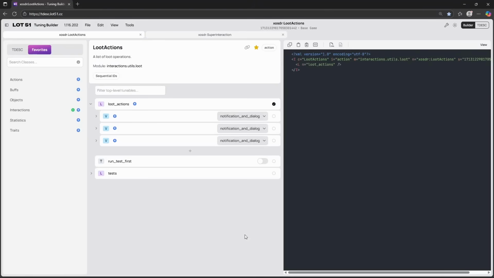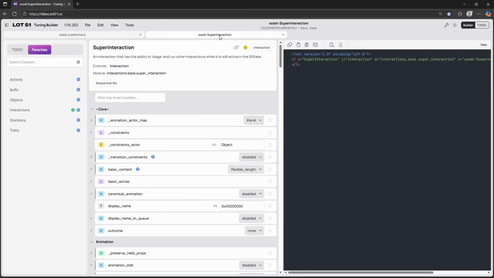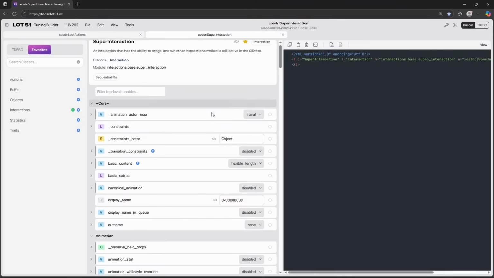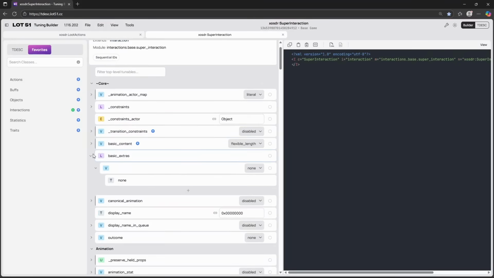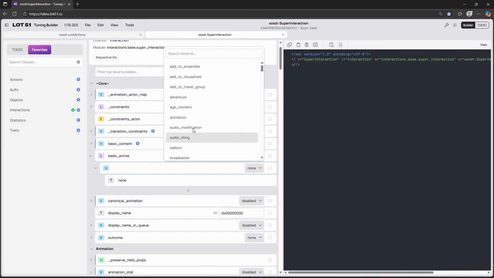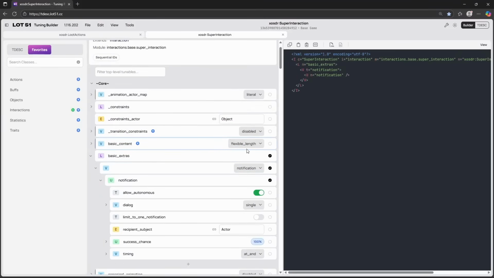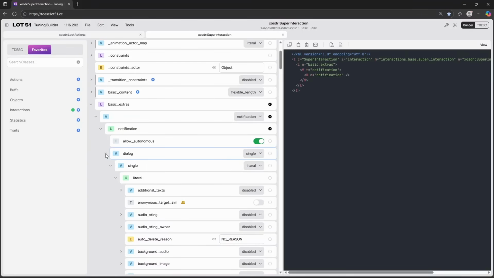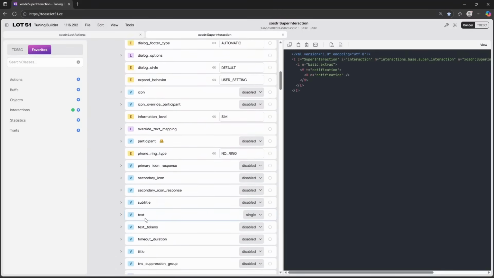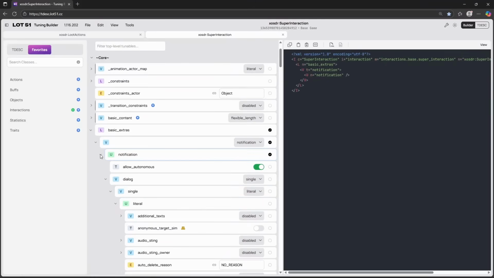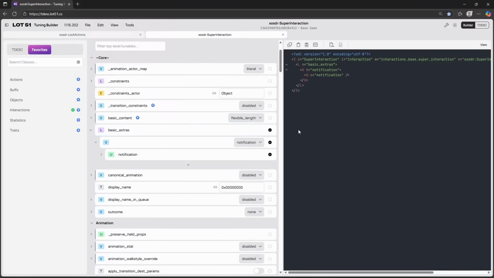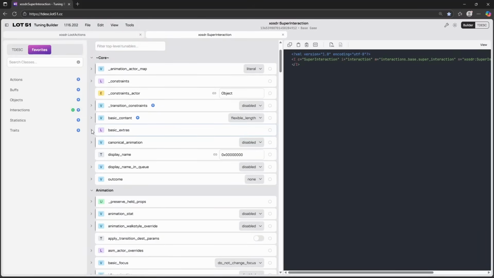Before we dive into this, I also want to say that you can actually add notifications into interactions, and you can add those into the basic extras. So sometimes you just want to work with less files, and then you can just create a notification inside of basic extras. So you just go to the basic extras and then type in notifications, and then here we have the notification, everything we can add to this notification. However, the basic extras I actually rarely use, and I don't really recommend it unless it makes sense for your